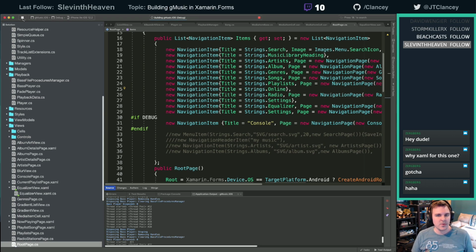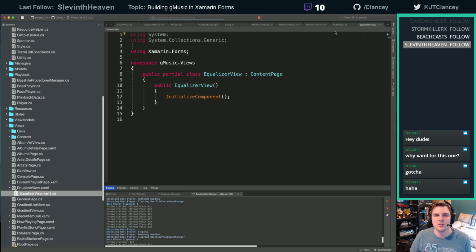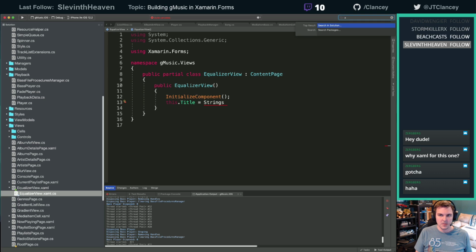Okay, so now if we run this, actually really quick before, let's also go to equalizer view. No, strings. And my hotkey is this. No. Obviously I didn't get all of them right, because why is that not doing the right thing?